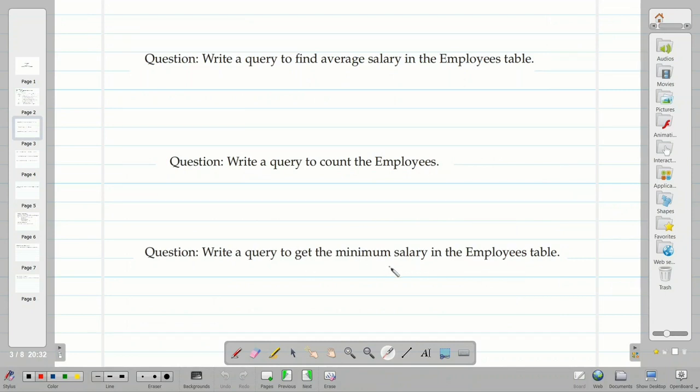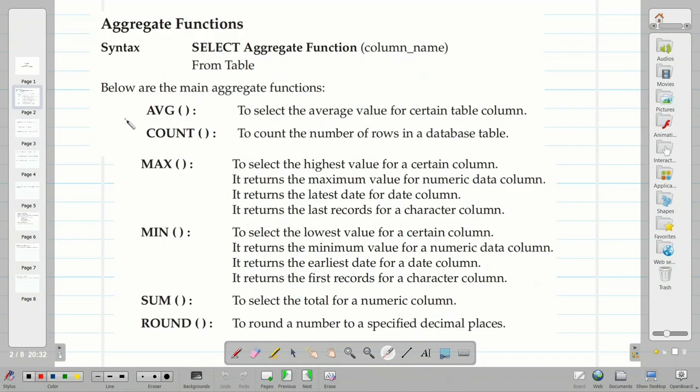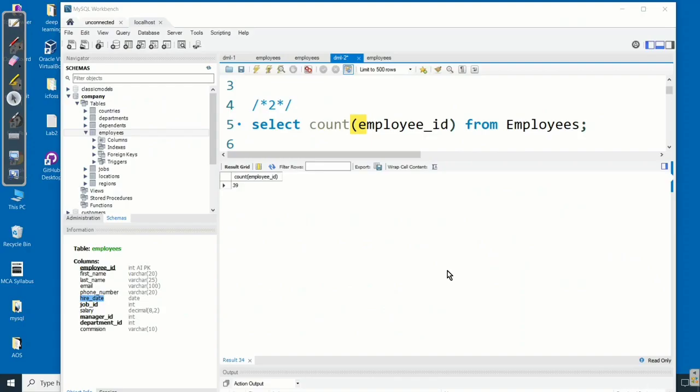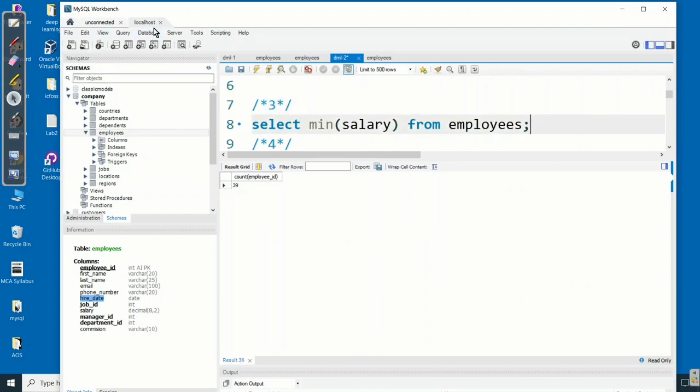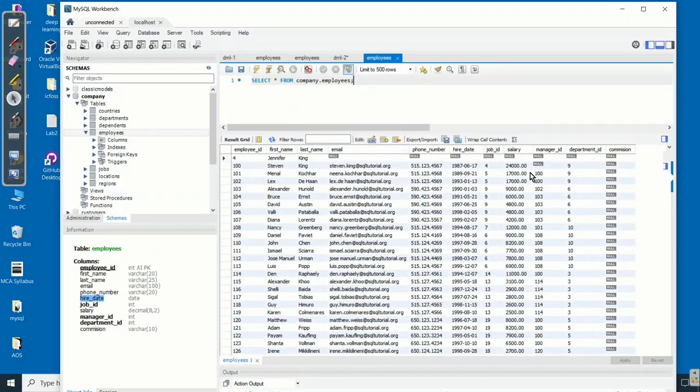The next question is to get the minimum salary in the employee table. The MIN function can be used. The query is select min of salary from employees. So this is the minimum salary.